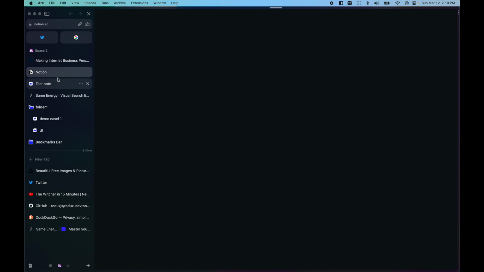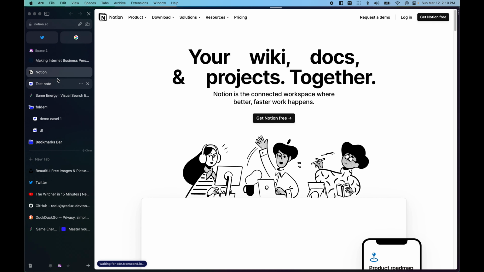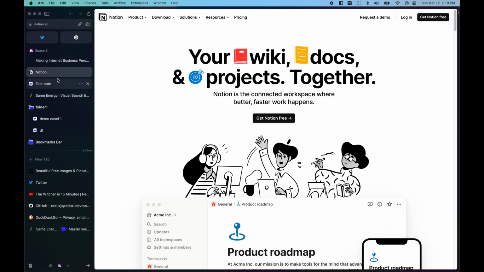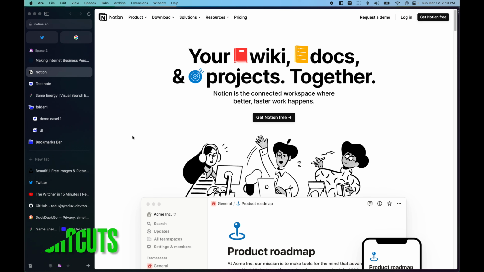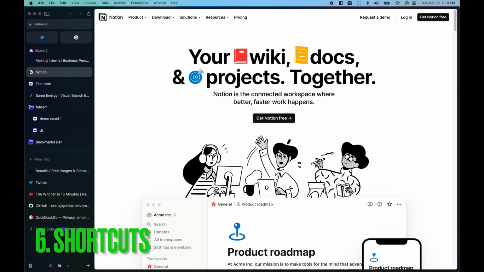So this is really handy and brings our productivity to full mode. So let's take a look into the keyboard shortcuts now. We have a couple of keyboard shortcuts inside of Arc, and for example, we have Command S,